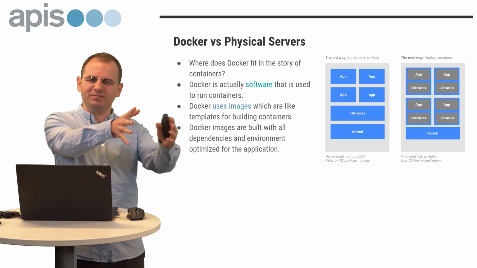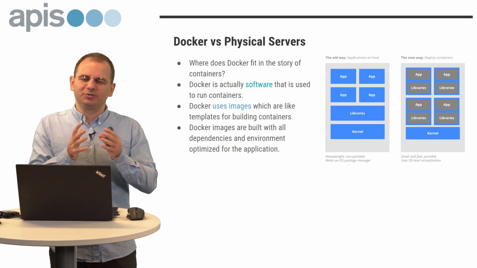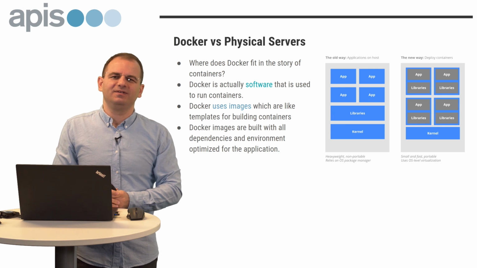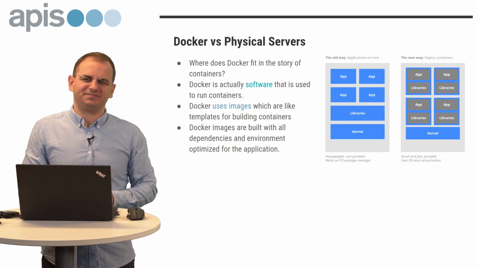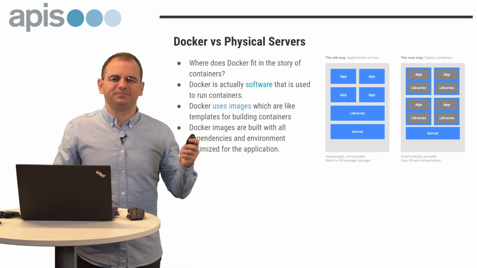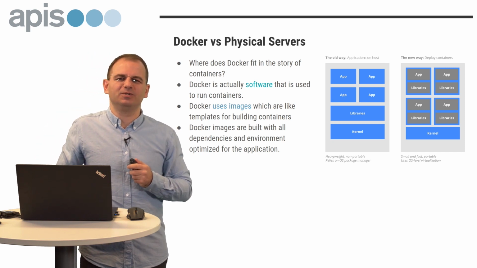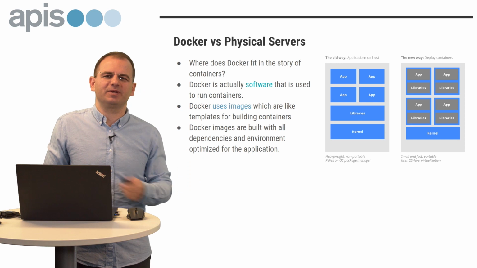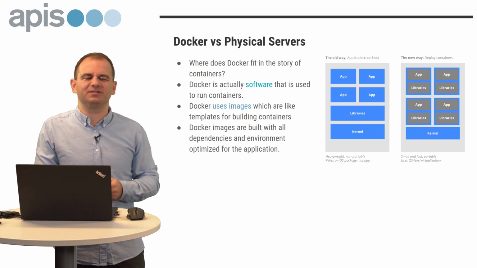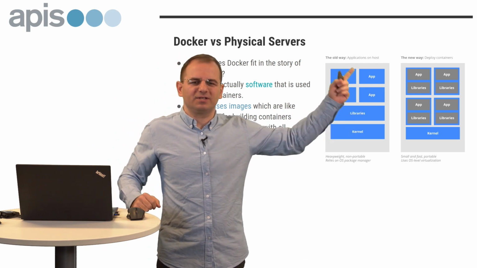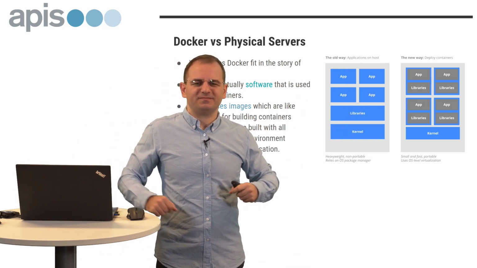Over here, you transport images, but then you run them as containers. And as I said, all Docker images are built with all dependencies, environment variables, and operating system you need for your application. So if we take a look at this diagram,